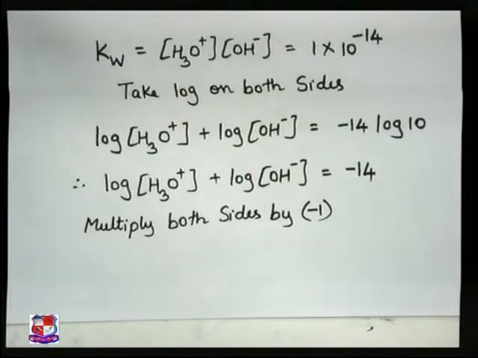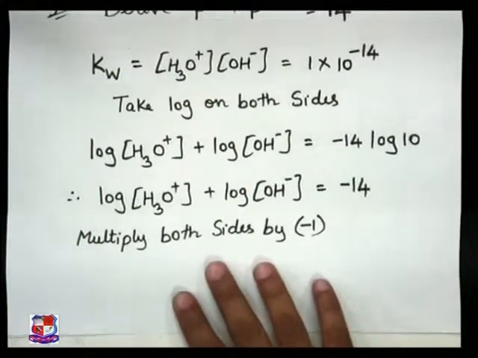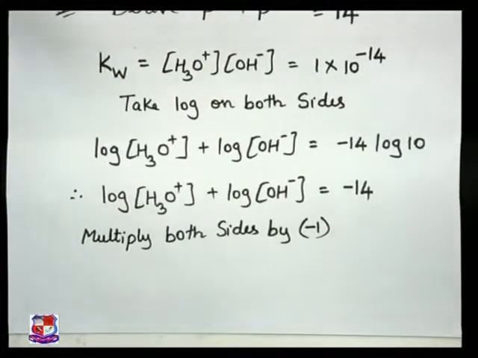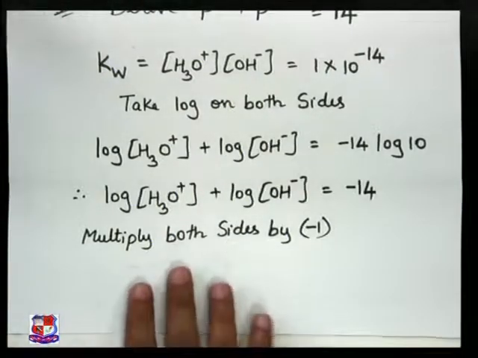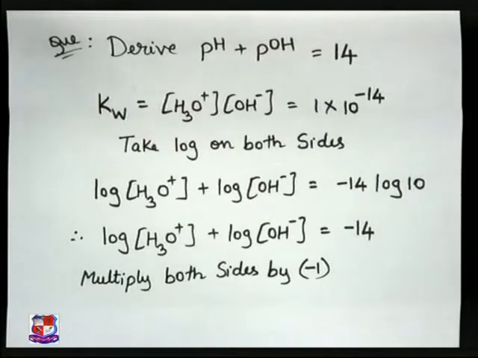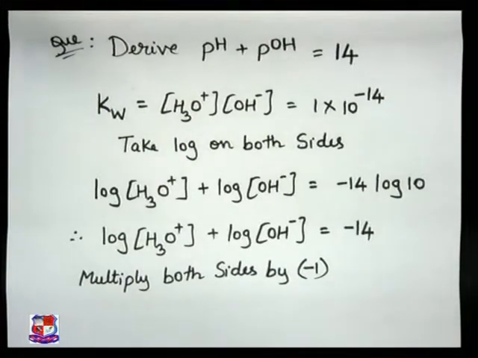Let us move ahead and derive the relations for the pH and the pOH, which are very important because the pH and pOH values will give us an idea about the ionic equilibrium constants, and so many concepts are interrelated. Let us study that also. Look here, the first step is deriving pH plus pOH equal to 14.